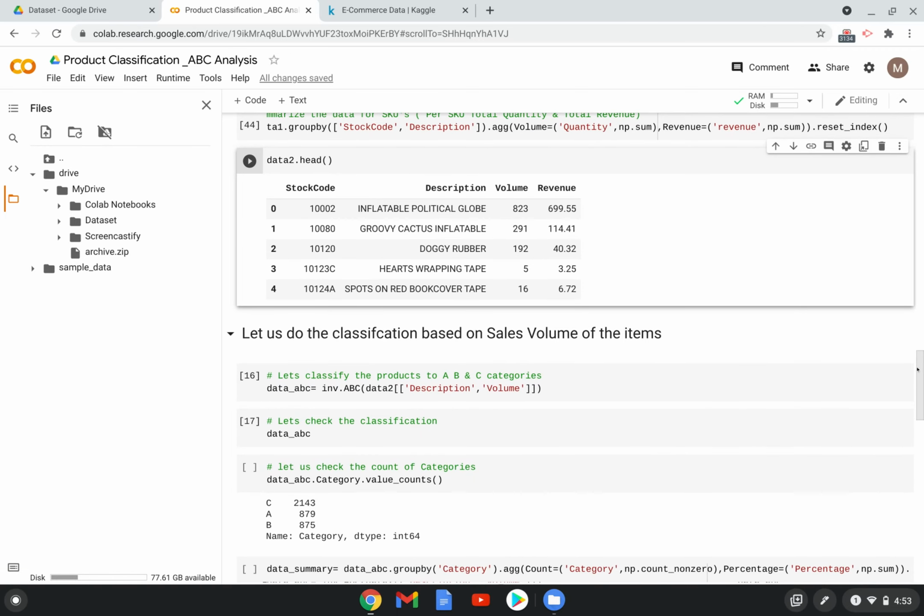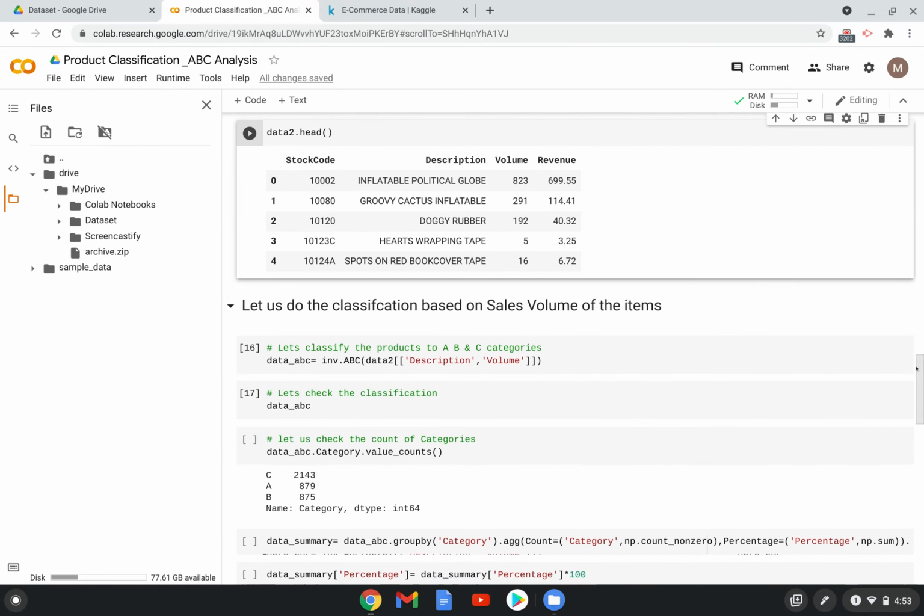So now the next step is, and one more thing, guys: this table is not sorted. It's not sorted by volume or revenue, it's just by transaction order. The earlier data set was sorted, and we just did the group by, and we haven't sorted using volume or revenue. We don't need to sort because this inventorize package will take care of that while doing the